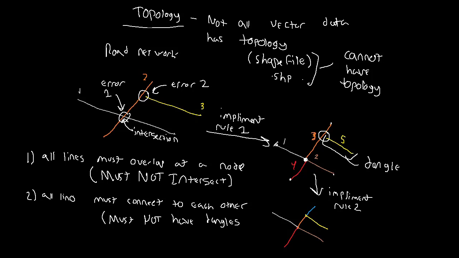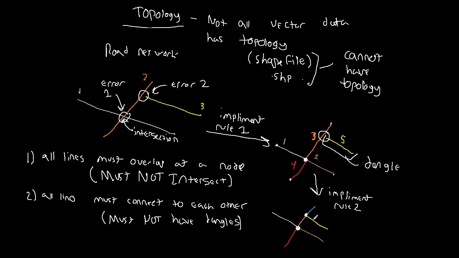Right, now we've dealt with this error by making lines overlap at a node. And we've dealt with this issue here with the rule "must not have dangles," right? We found where they're close enough together that we put them together. And then again, we implemented rule 1 to make sure that this was not intersecting. So we now have 1, 2, 3, 4, 5, 6 line segments